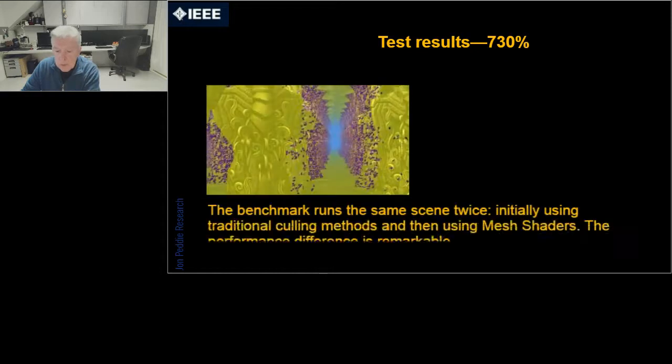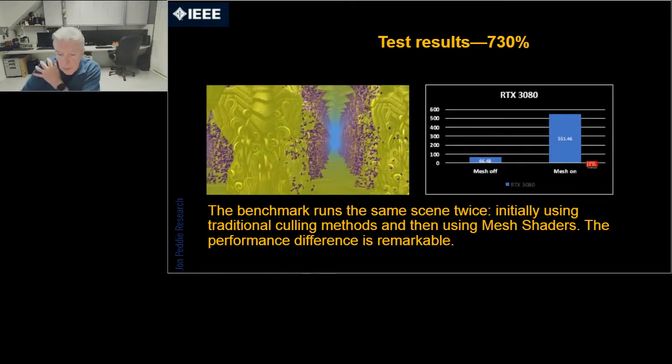So this is a still from that previous video. And what it's showing is the little red dots there that you can see, I hope you can see, are the mesh shaders doing their job. And when they finish, the yellow thing that you see, the shapes and so forth, is what they produce as they're doing their processing. And you notice it's all well lit and it's got shadows and reflections and so forth. And that's very important because that's the basis of realism. So we tested this in our labs, and other people have as well, got similar results.